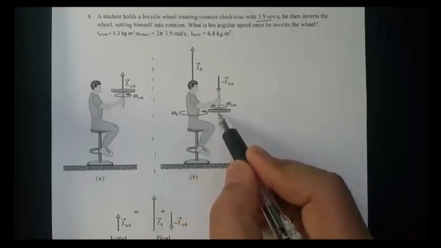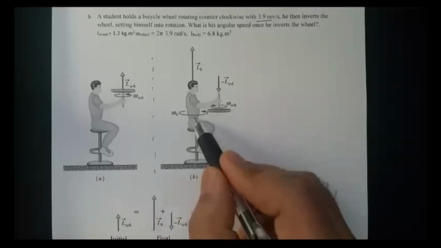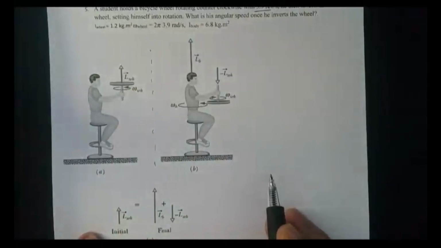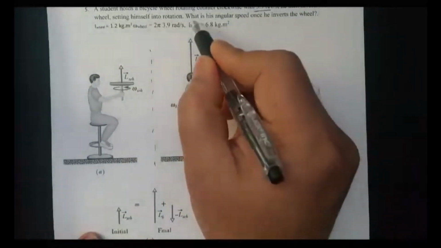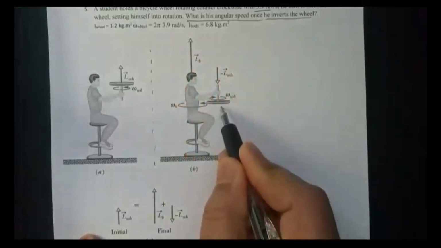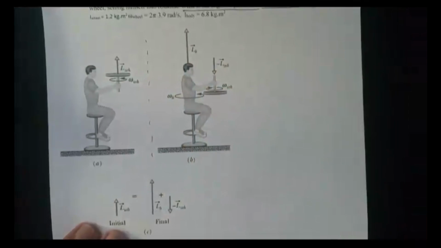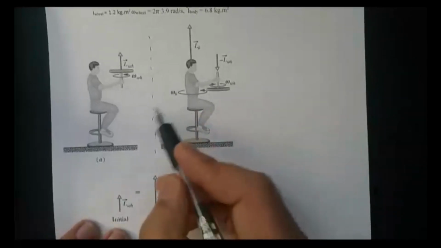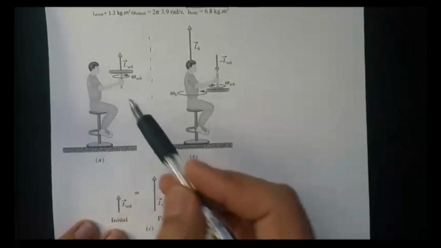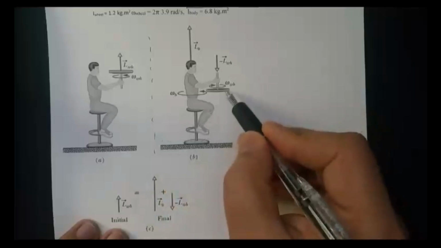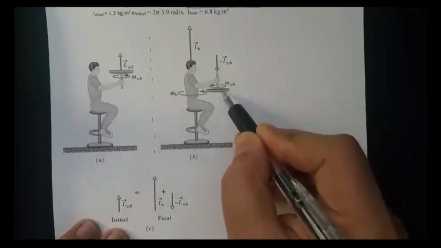So as soon as he flips the bicycle wheel, what's going to happen to his body? These are the given quantities. The main question is, what is his angular speed once he inverts the wheel in the opposite direction? You can show the vector nature of angular momentum here. As you flip the wheel by 180 degrees,